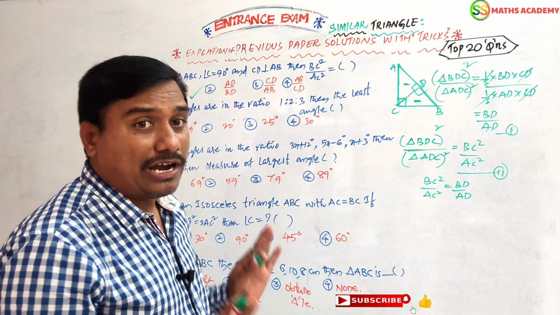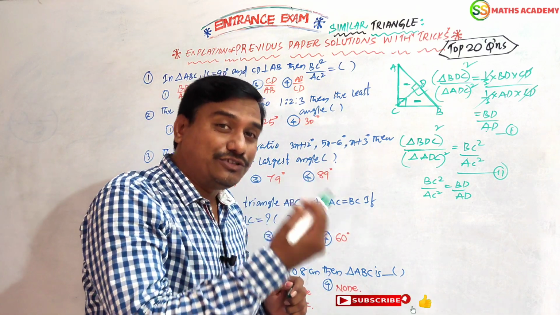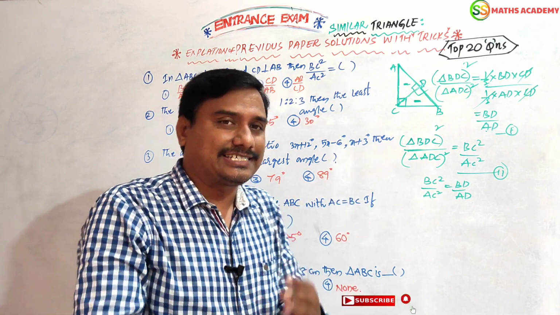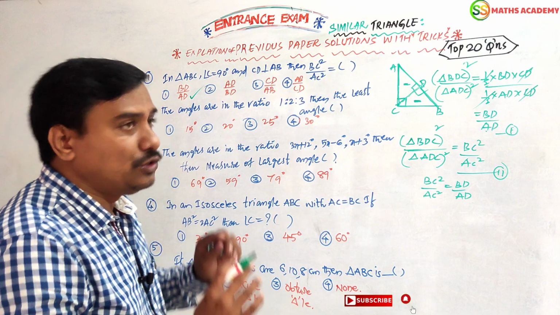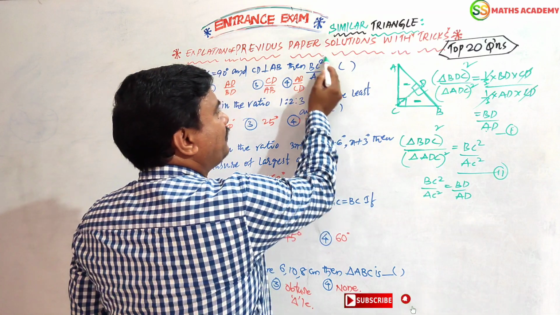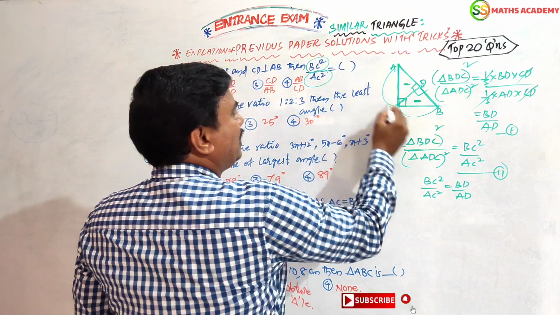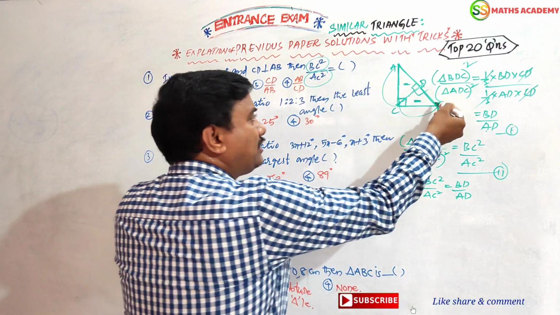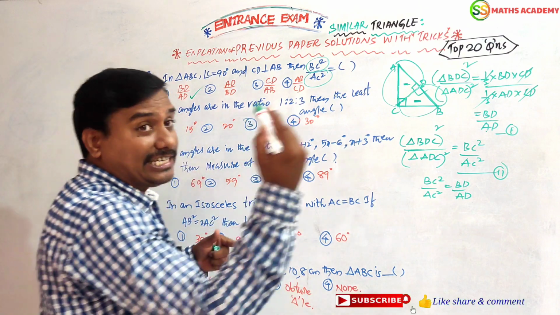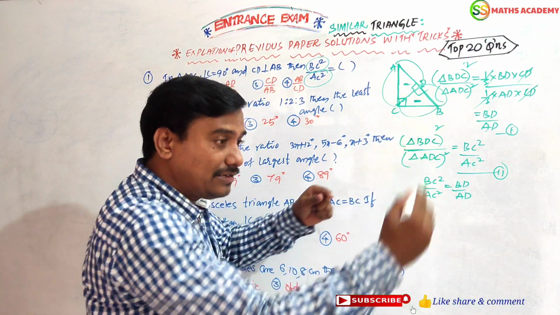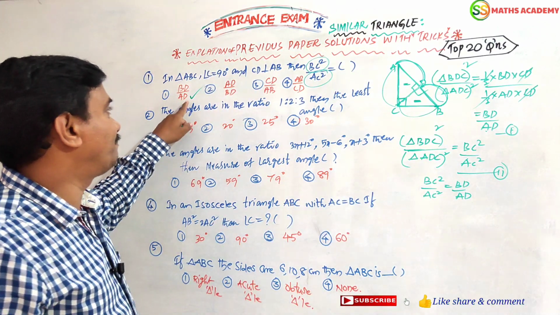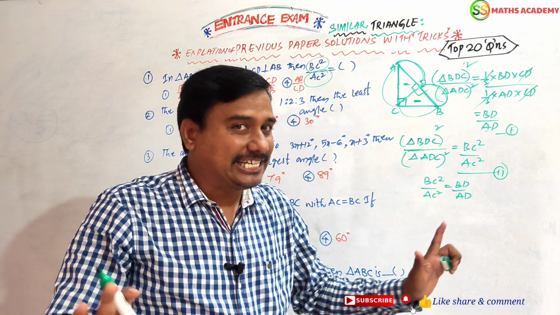Okay, this is your answer. Clear? Now I want to tell you a shortcut. Of course this is also a shortcut, at minimum we have to do this answer in 1 minute, but the 5 seconds answer is this: you draw the diagram. After drawing the diagram, here what is given? BC square, AC square. BC square, AC square means BD, AD. That's it. Once again, BC square, AC square, like this you have to come. Here also BD by AD, without doing any solution. Is it clear?